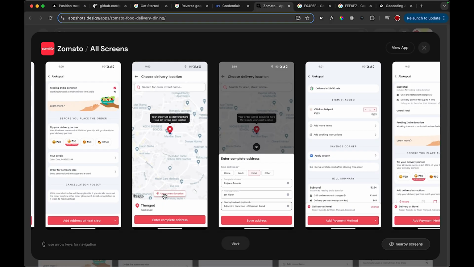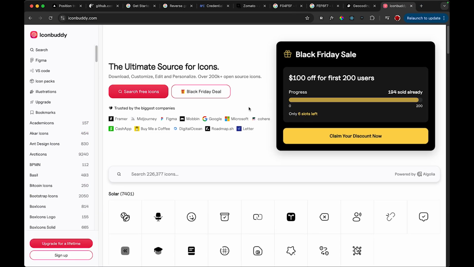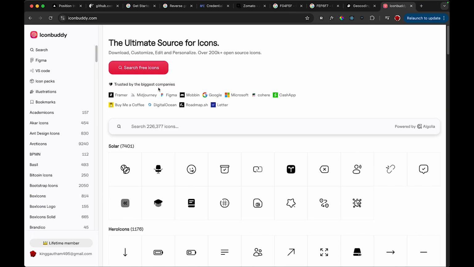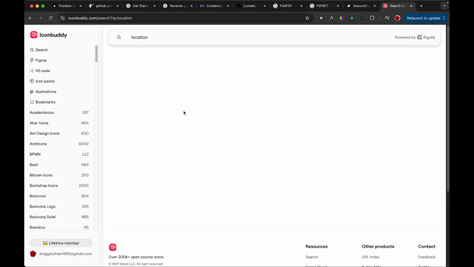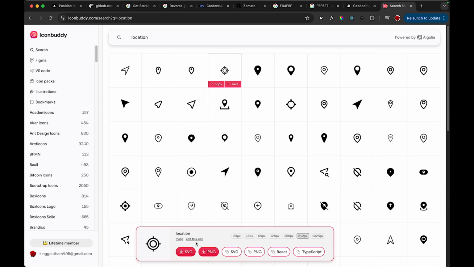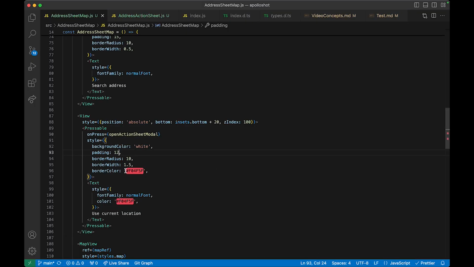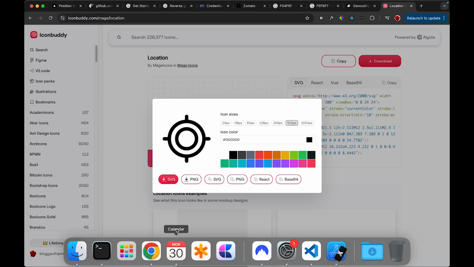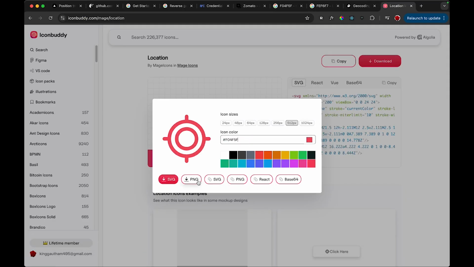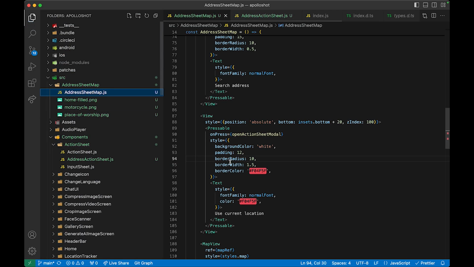So to get this icon, there is a website called Icon Buddy. I have the pro version for that as well, which I use. The Black Friday sale is going. So I'll be using location. Get the location, and then I think this one is what they are using. So edit this icon, download. Now comes the best part, which I requested as a feature from the founder. I'm going to go here, change this, download this,